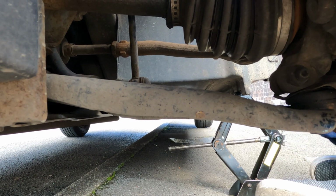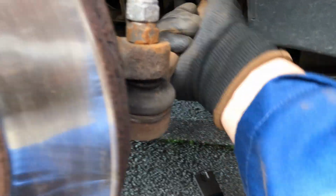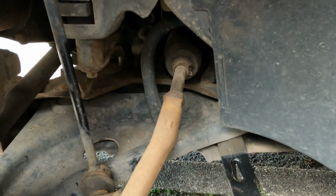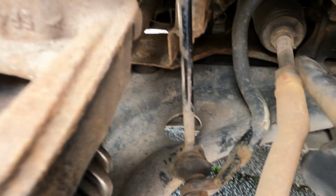Or sometimes it could even be this tie rod end that goes to the steering, to the power steering rack. Could be all of it. Could even be something else. Where the ball joint's connected, this thing here, it's called a control arm. Some call it a wishbone. There are some bushes on there, some rubber bushings, there's one there, and there's one